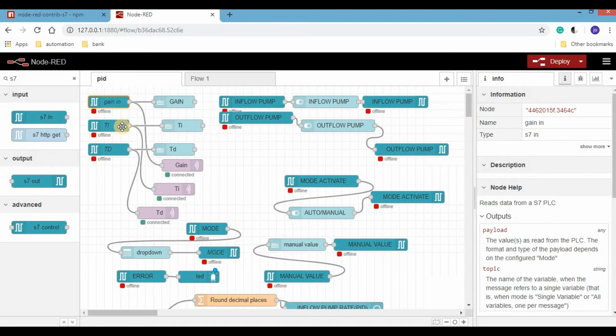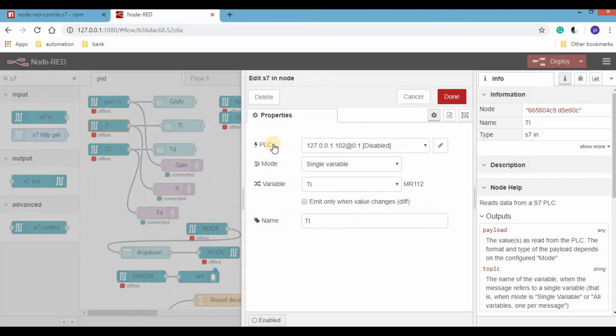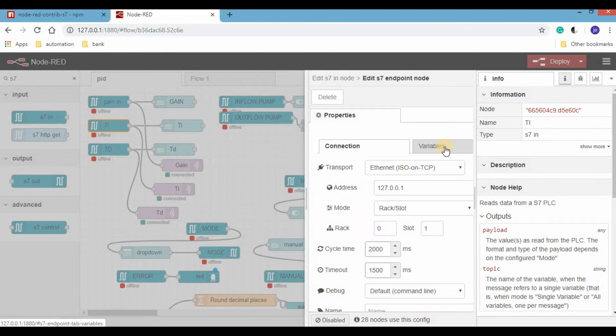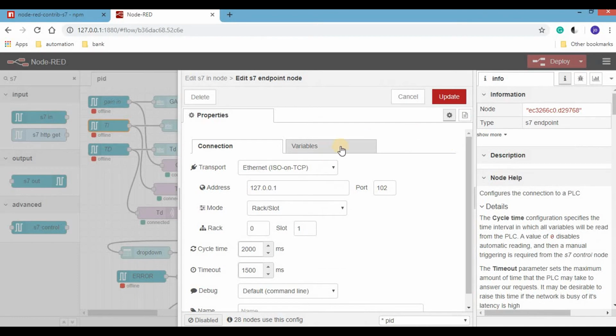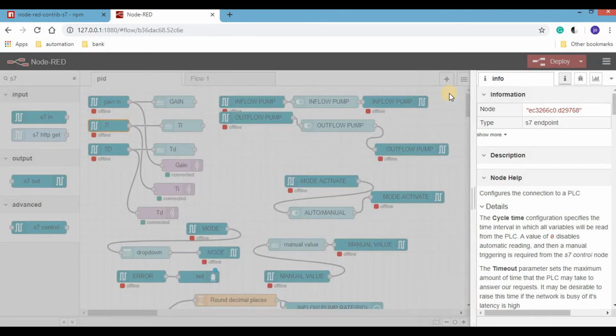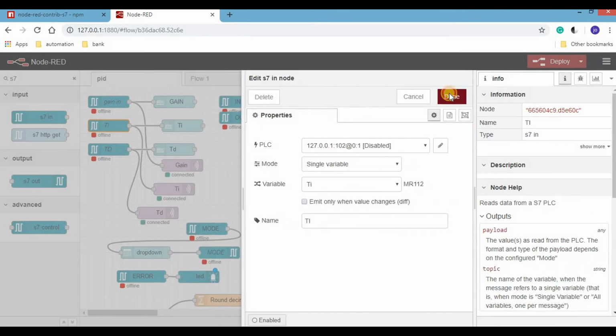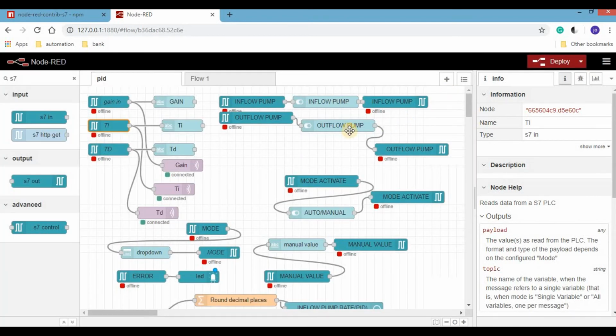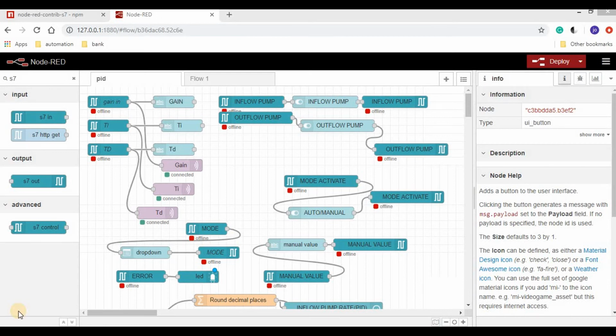But the basic configuration, it's all the same. This endpoint definition, we have to do it only once. Now I will explain all these nodes. So I have placed 3 input nodes here, and